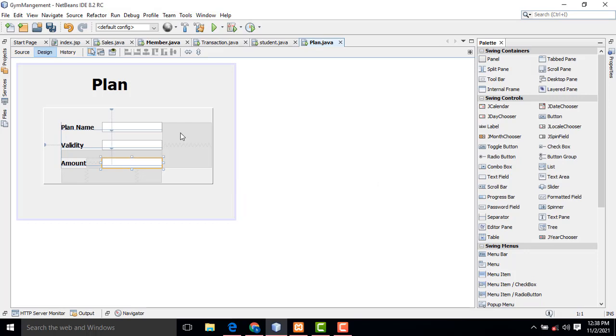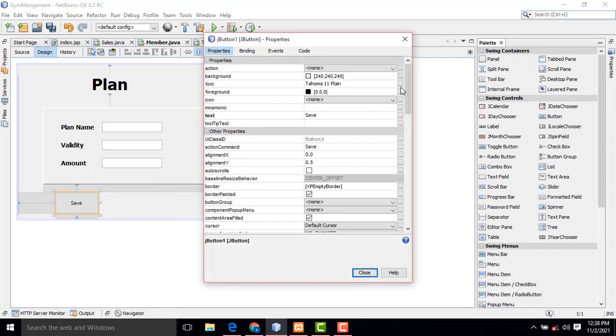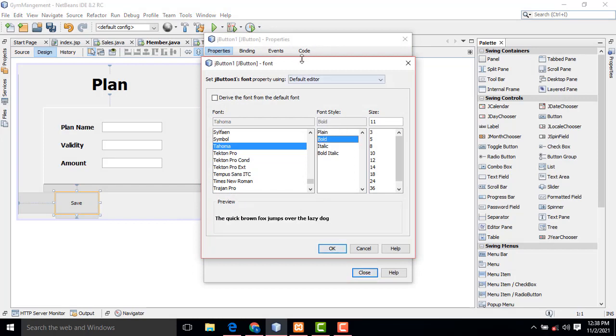Right. Now we have a button, save. When a member joins the gym, we have several plans, so we have to add the plan. Plan name: 3 months, 2 months, 4 months.